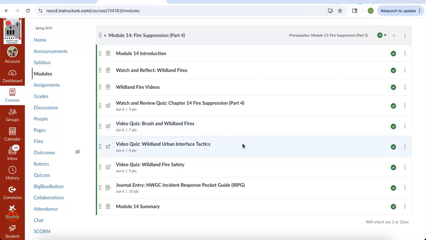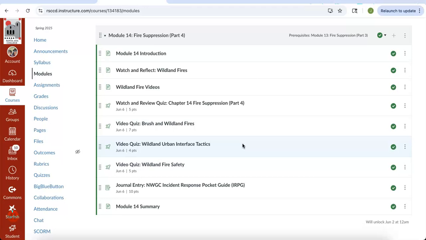Then what we have is the wildland urban interface, where our homes start meeting up with the wildland. All right, so there's a ton of it around here, and as we continue to grow, we're going to see that. Okay, so you see it all over Orange County, Riverside County, San Bernardino County, and LA County. So all of these local areas have that wildland urban interface.